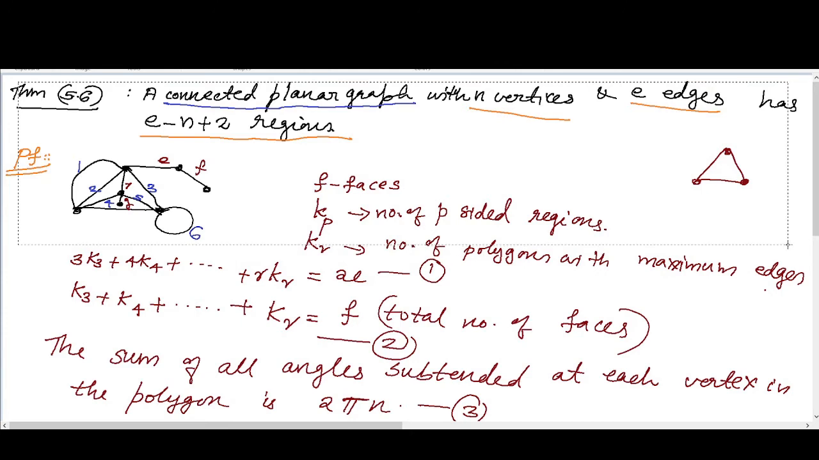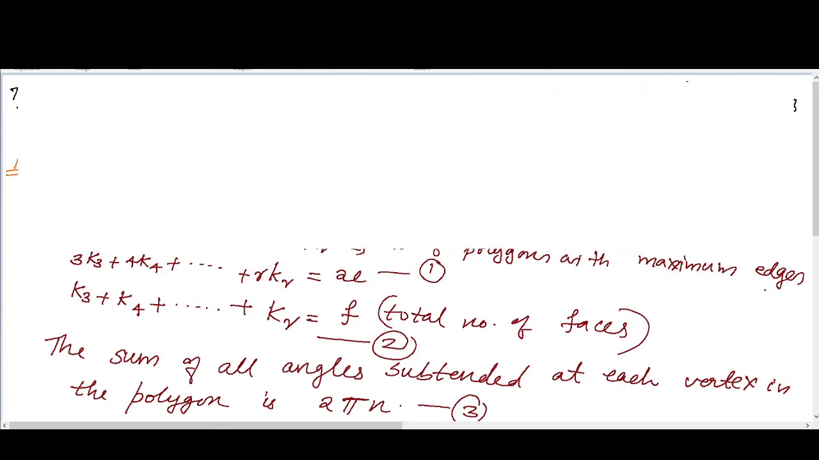Just cleaning this much portion. Okay. Now